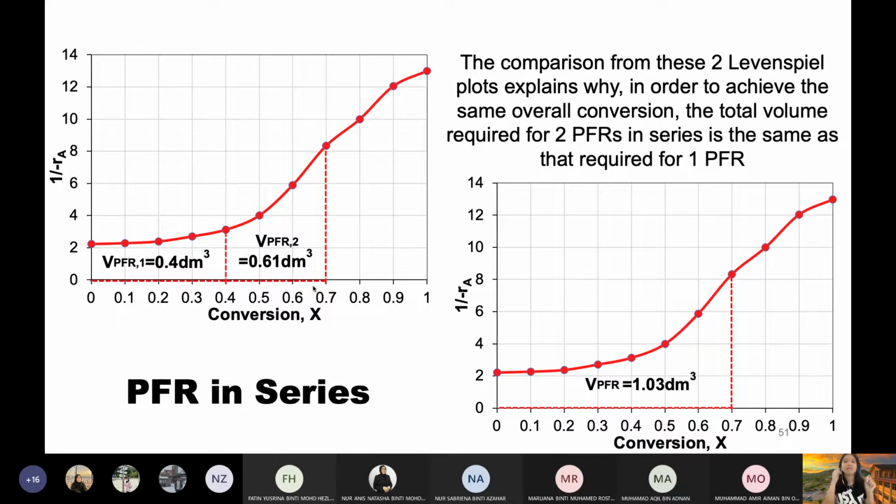So you have to understand, let's say you have two reactors, 0.4 and 0.6. Let's say you put the first reactor as 0.6 and the second reactor as 0.4, you will not get the conversion of 70%. It must be exactly 0.4 in front and 0.6 at the back, because it really depends on the conversion. If you change the arrangement, the conversion will not reach what you desired.